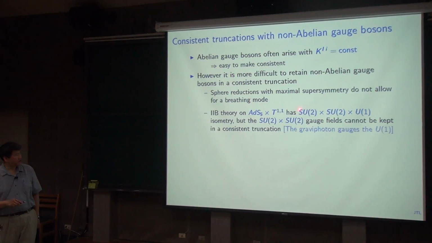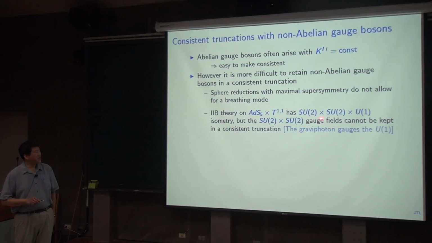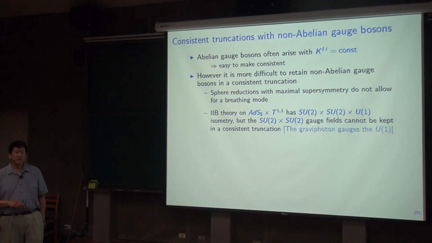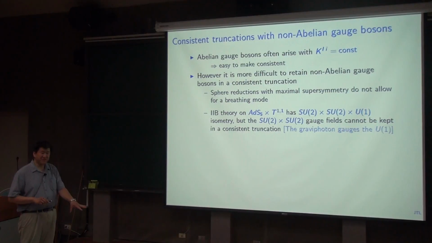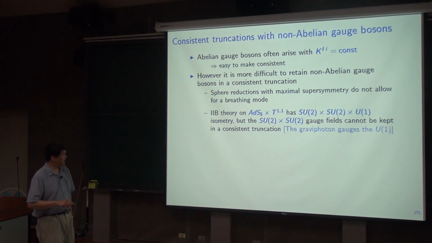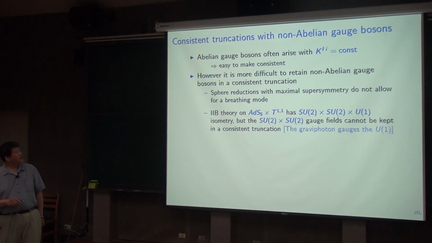The linearized Kaluza-Klein spectrum at the lowest level has gauge fields for SU2 times SU2. The AdS5 gauge fields correspond to global symmetries in the four-dimensional dual theory. And so the linearized Kaluza-Klein ansatz tells you there are SU2 times SU2 gauge fields. However, I just